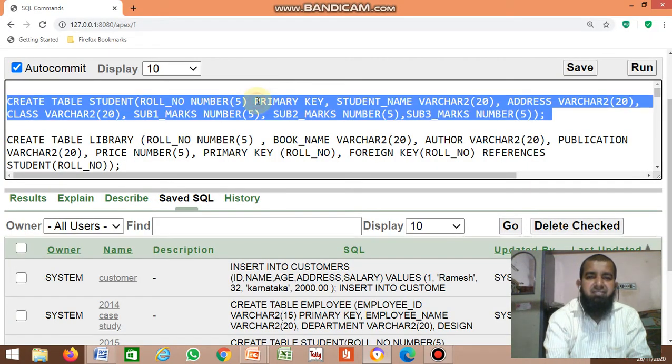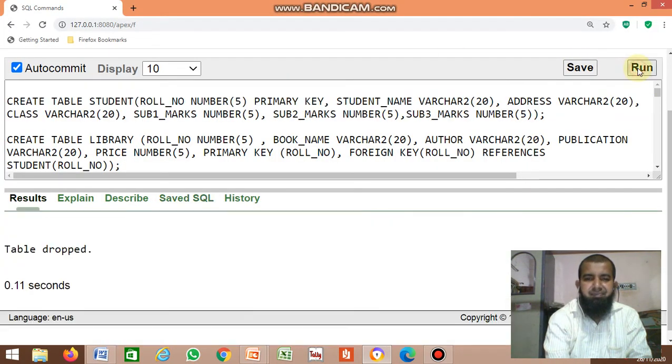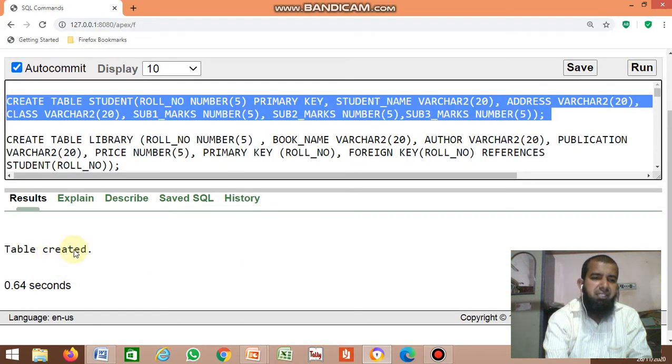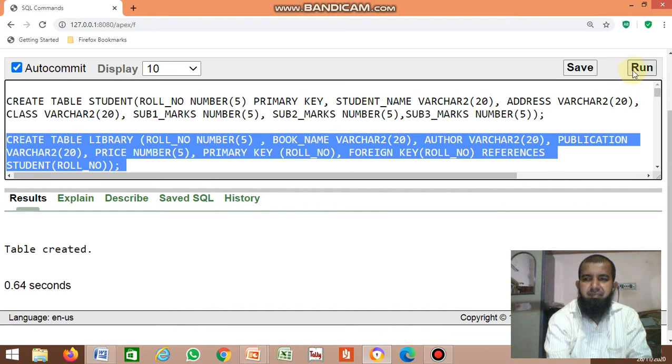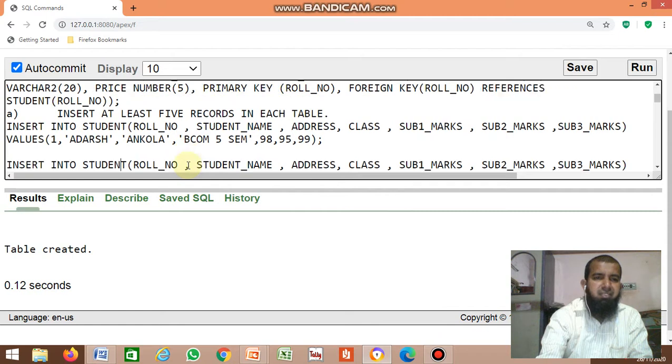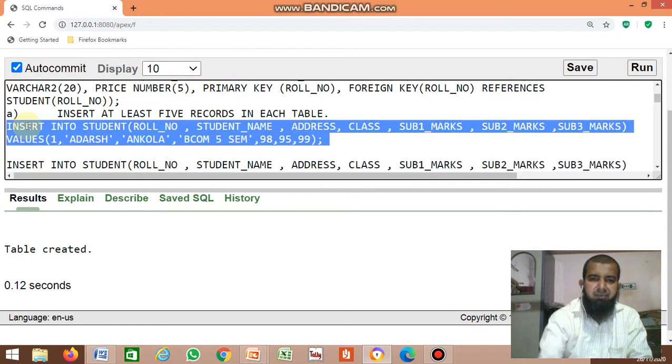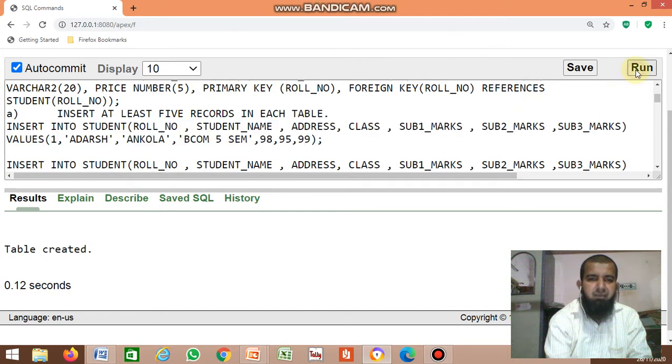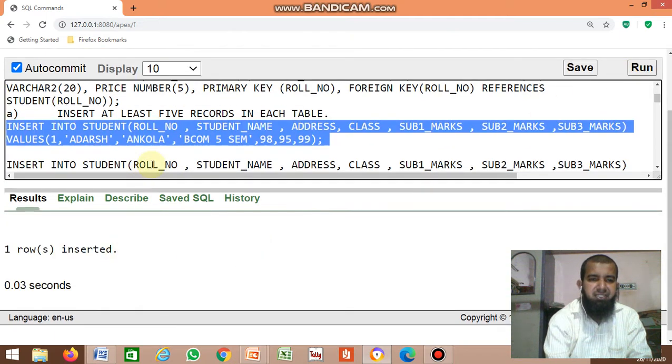First create the tables, select and run. The student table created, then the library table created. Then after that, insert at least 5 records. Okay, go on inserting 5 records. One was inserted.